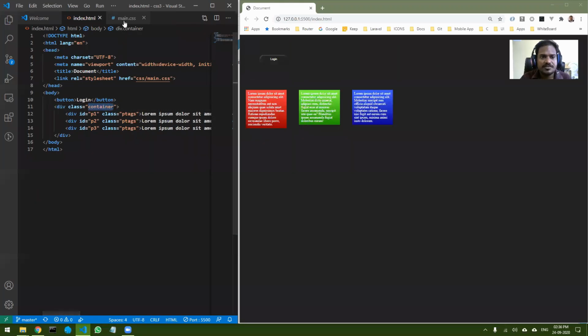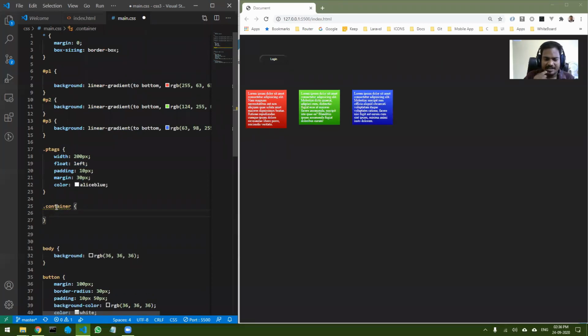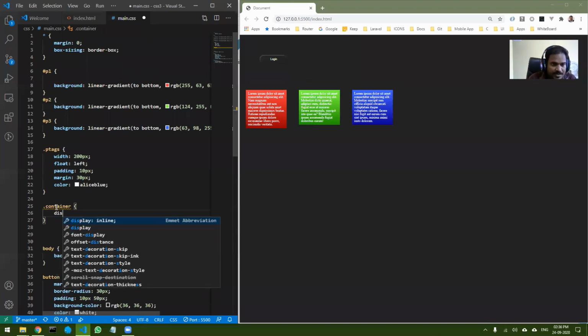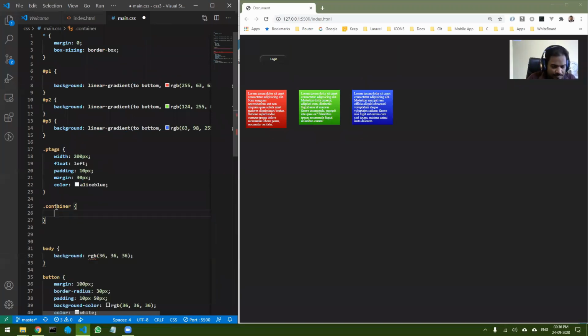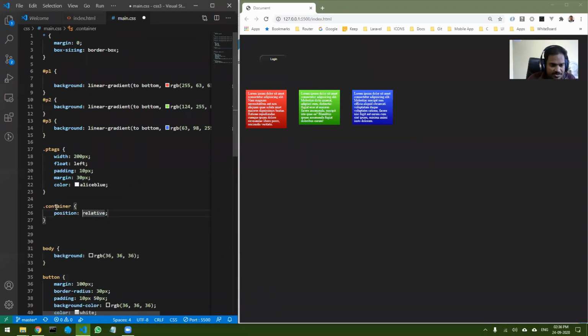Like for example, let me select that container. It was container, I think. Now here I have to first set this container as... no, these things I have not yet covered, but still I will show you.